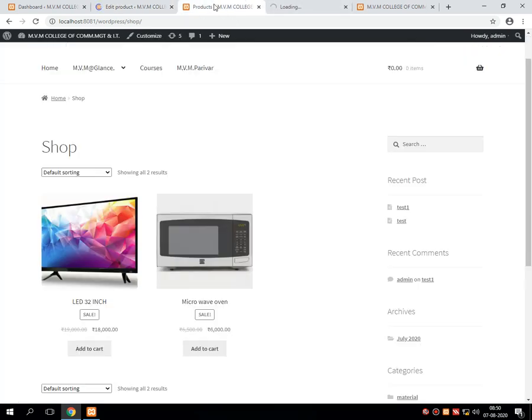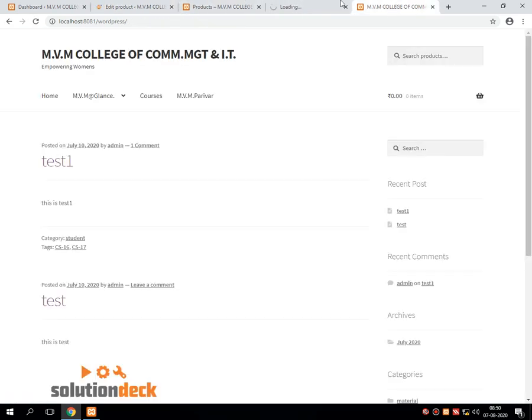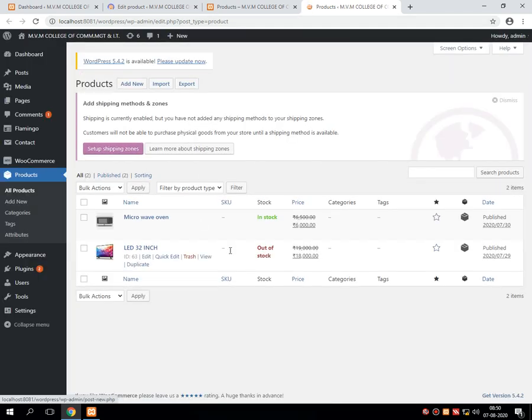whenever we visit a product page where there is a listing of all the products, lastly it shows two items, that is LED 32-inch TV and microwave oven, but both are in stock.